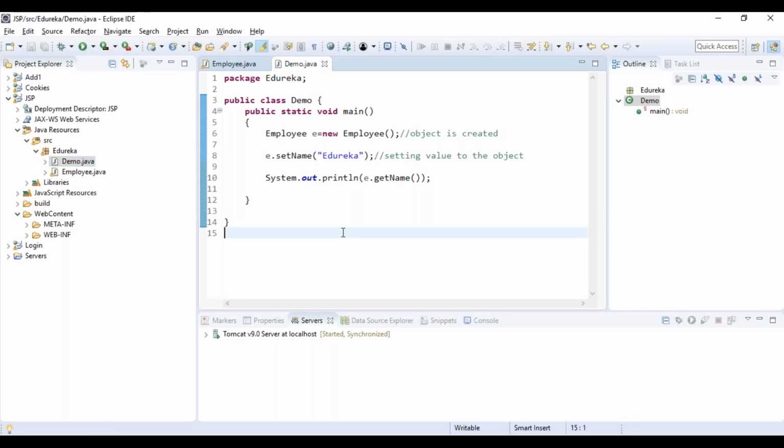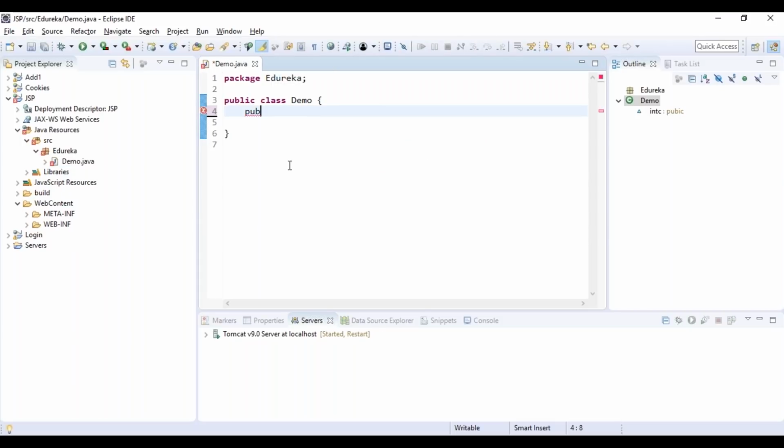Next, we'll use useBean, which is the action tag to locate or instantiate a bean class. If the bean object of the bean class is already created, it doesn't create the bean, depending on the scope. But if the object of the bean is not created, it instantiates the bean. Simple. I'll edit Demo.java first. I'll delete this. I don't want that. In this, what I will do is